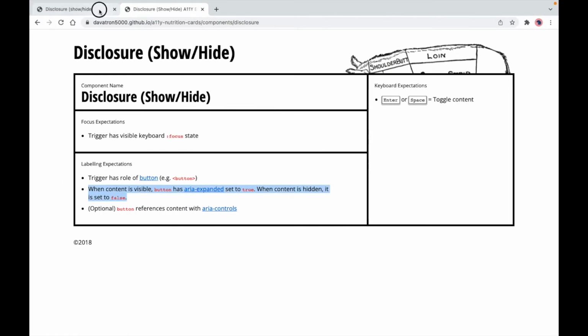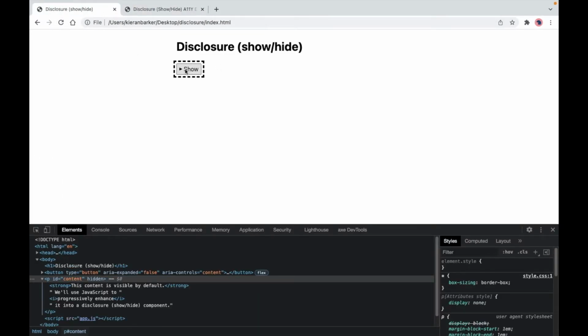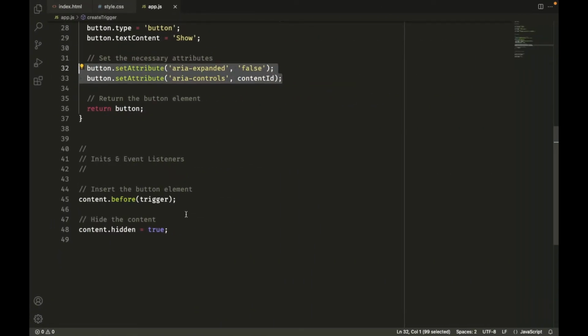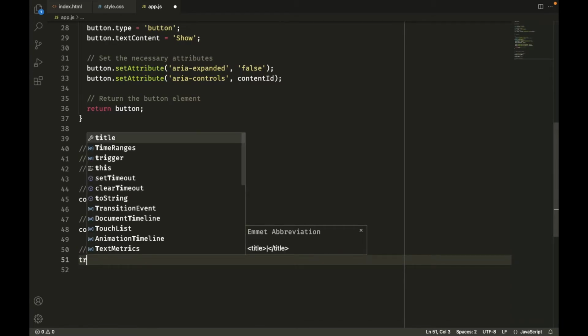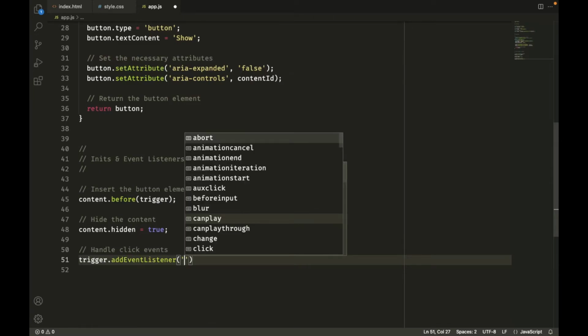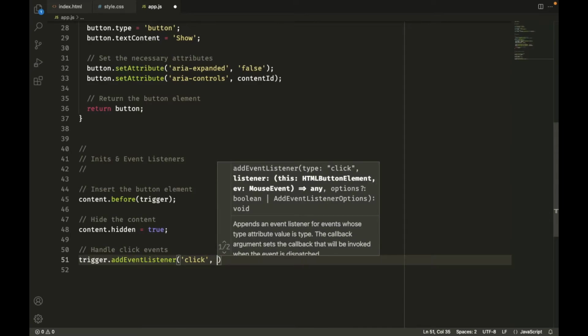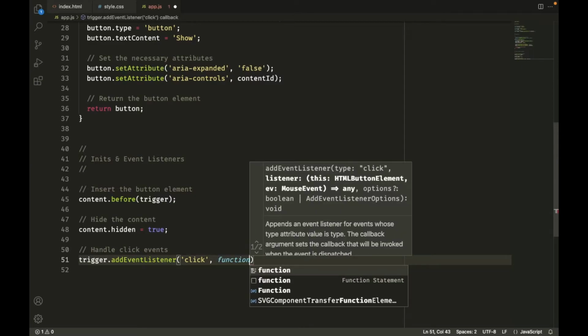But anyway, we've inserted the button and our content is hidden. So now we just need to make it so that when you click the button, it will either show or hide the content. Quite simple, really. So we're going to add an event listener to our button. Let's write, handle click events. So we're going to say trigger add event listener, and then the name of the event, which is going to be click, and then we're going to give it a callback function that's going to be run whenever we click on the button. So let's say function,